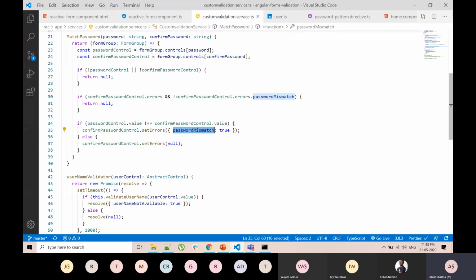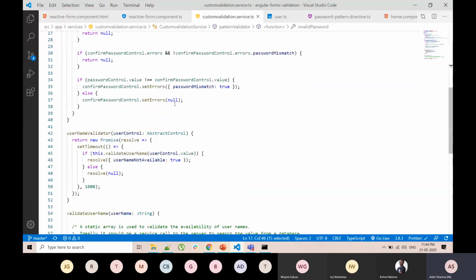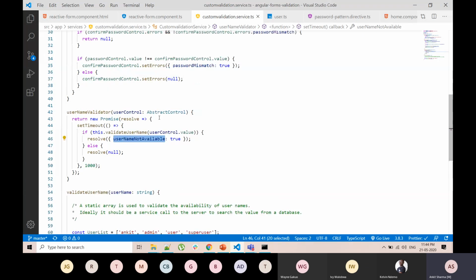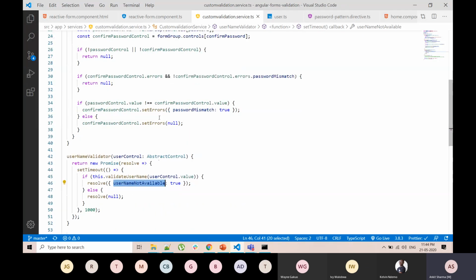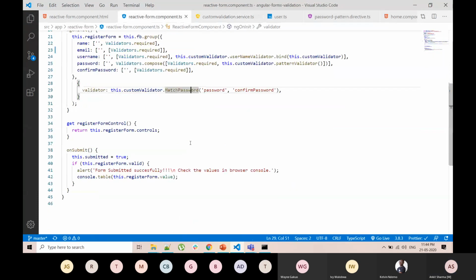So here we are setting the third property. We set the invalid password property if the password does not match our regular expression. We set the password mismatch property if the passwords in the two fields do not match. And we set the username not available property if the username is not available from our list of usernames. We are going to use these three properties in our HTML template to do the validation.